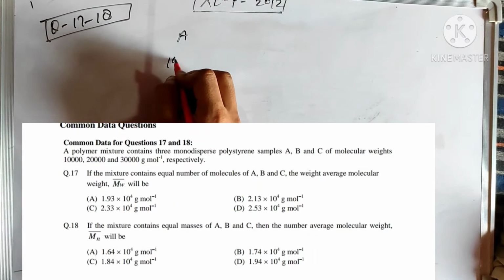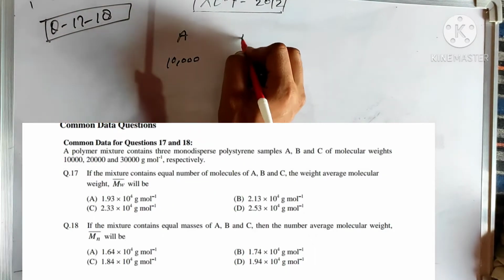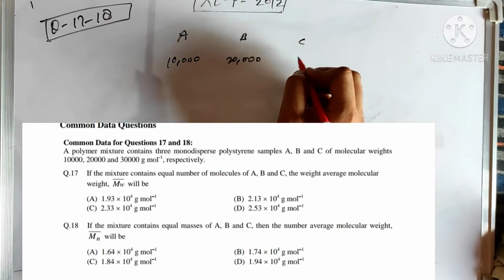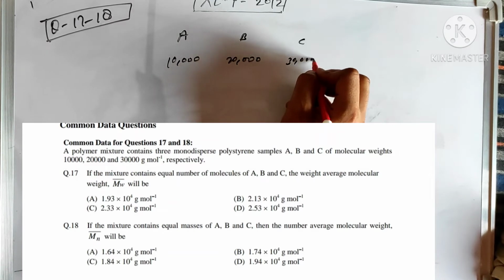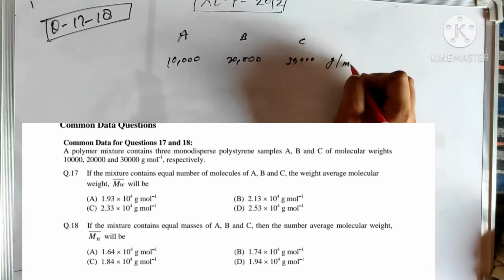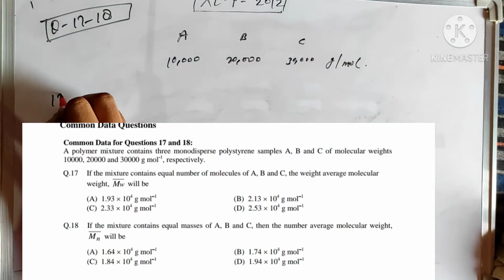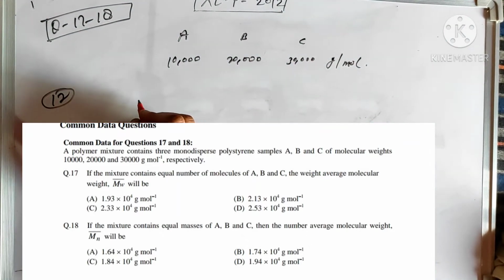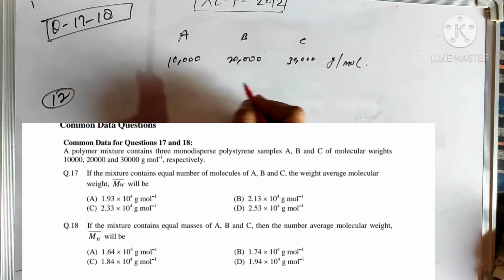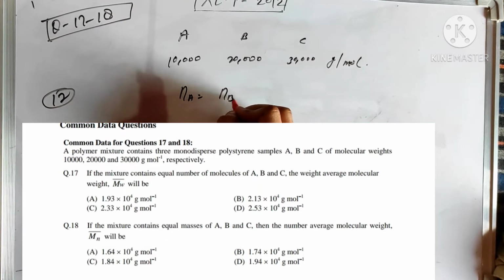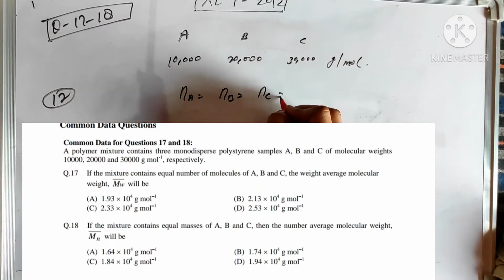The molecular weight of A is equal to 10,000, the molecular weight of B is equal to 20,000, and the molecular weight of C is equal to 30,000 gram per mole. So in question number 17, given that all components contain equal molecules, that means the molecules of A are equal to molecules of B, equal to molecules of C, equal to N naught. So the mole fraction